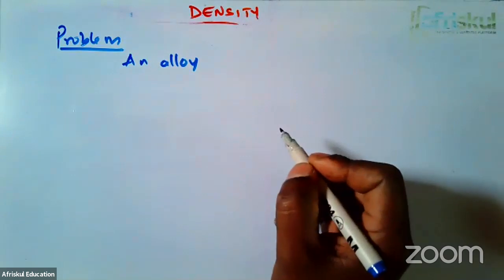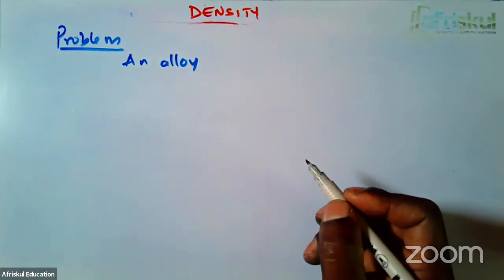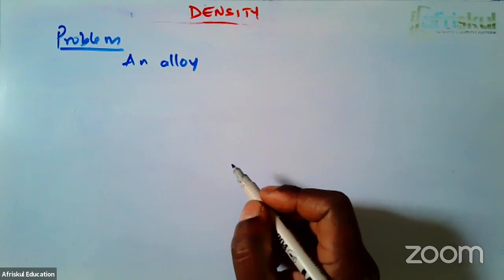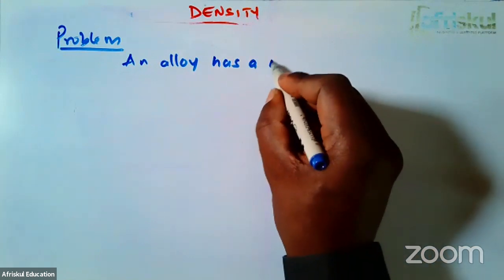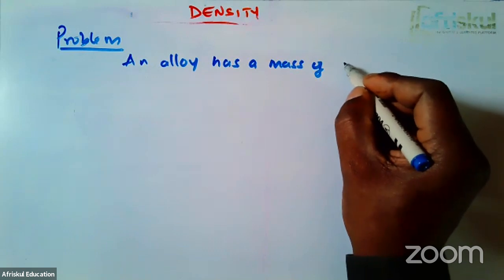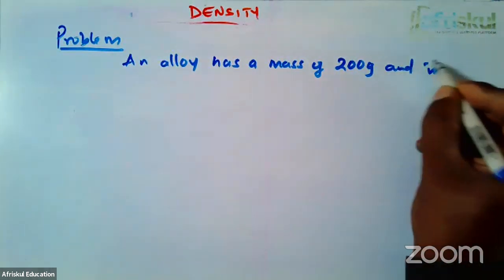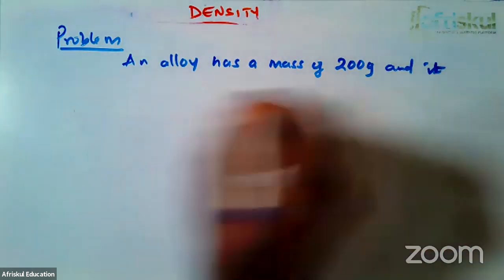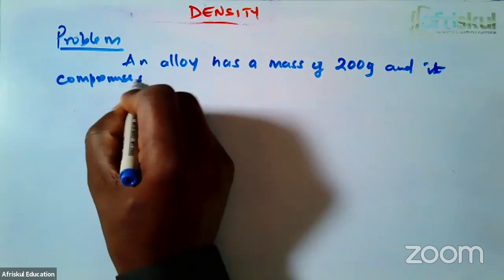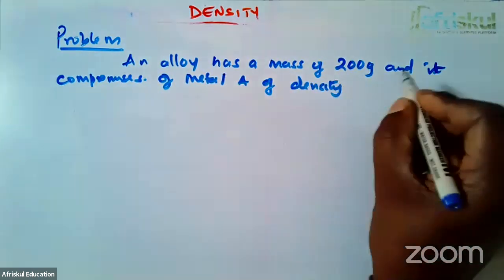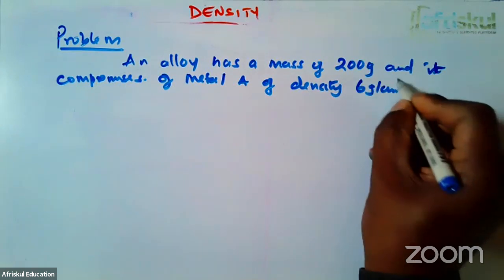Problem. An alloy. An alloy is a mixture of metals. When you mix two metals, like brass, which is a mixture of copper and something else, we call it an alloy. So an alloy has a mass of, say, 200 grams, and it comprises metal A of density 6 grams per cubic centimeter